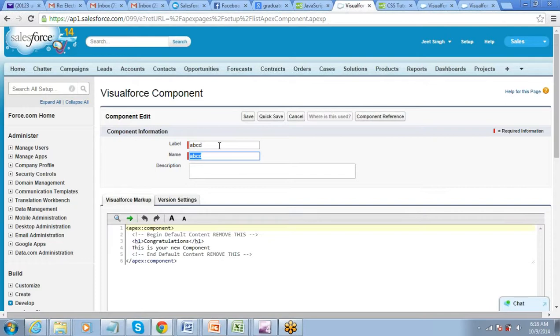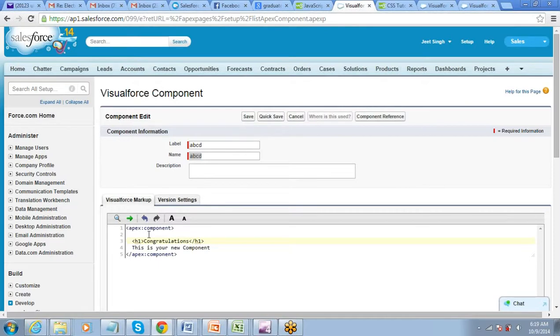Now, the moment you create a component for Visualforce, you will see that you have a code here which does not start with a page because this is not a page. So this is the Visualforce code you are seeing, which is not starting with the page. It starts with apex:component. So you have to create the component. It should start with apex:component and end with apex:component. And then within these tags, you can put whatever you want. Fine. And whenever you call this component, all this what you have put here will be called there.